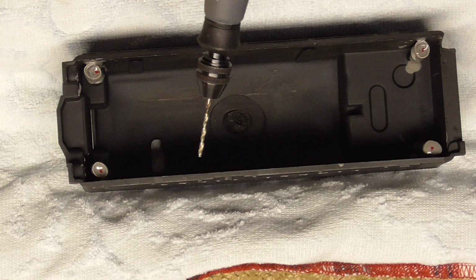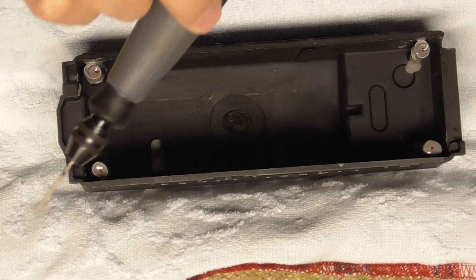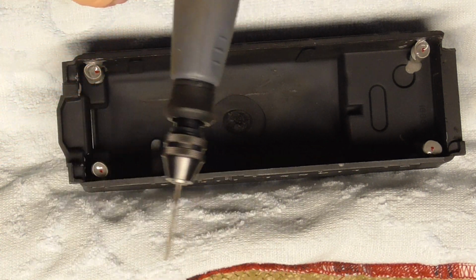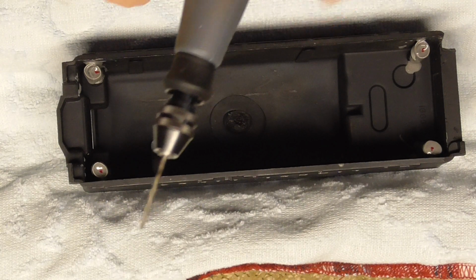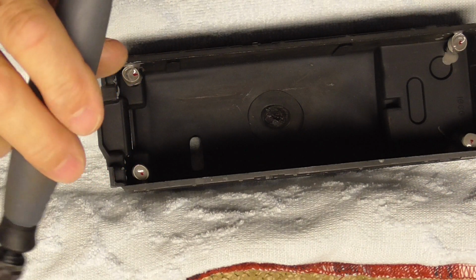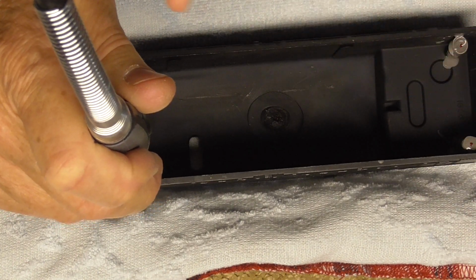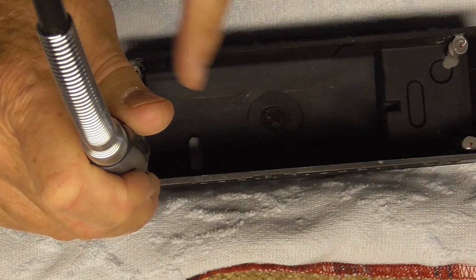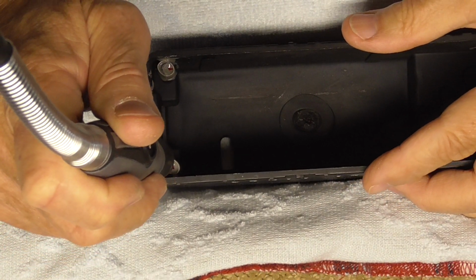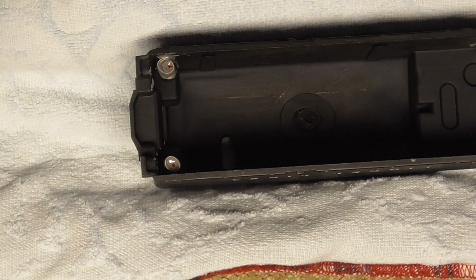I have a variable speed Dremel tool, and this is the extension one. I put it on a very low RPM, because you don't need a high RPM. This stuff is pretty easy to drill into. And then you have to really be good at keeping it vertically straight. You need access in both directions so that the hole is straight down. I rest my elbow and I would drill right there. Okay, but before we